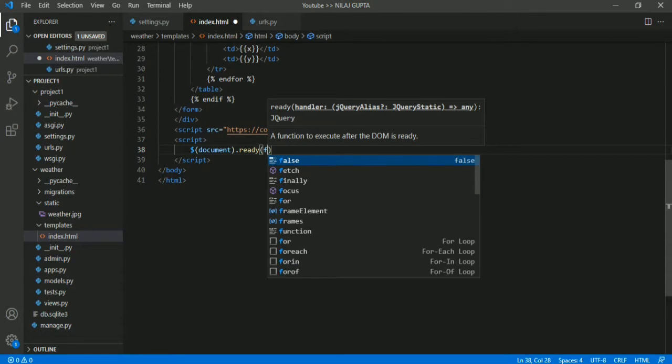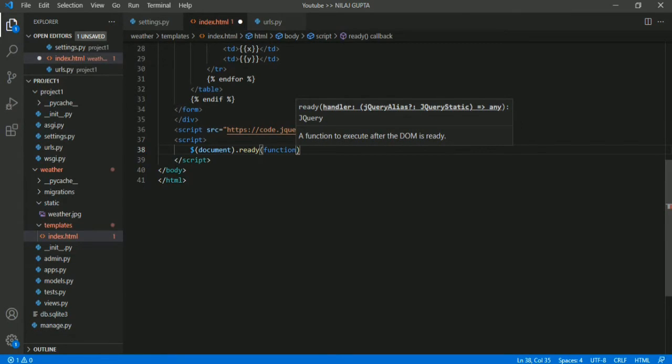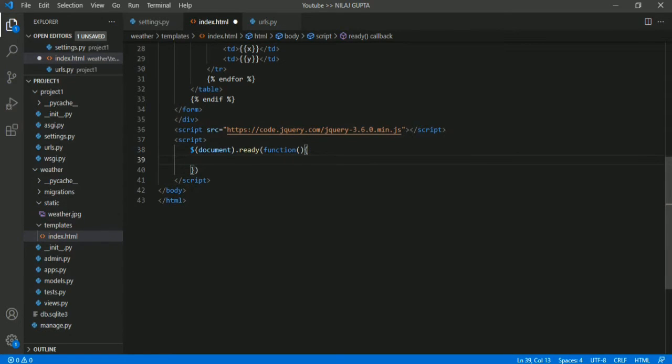This line means that if the document is ready, if loading is complete, only then these functions will be called. Whatever our code is will run whenever the HTML document is completely ready.